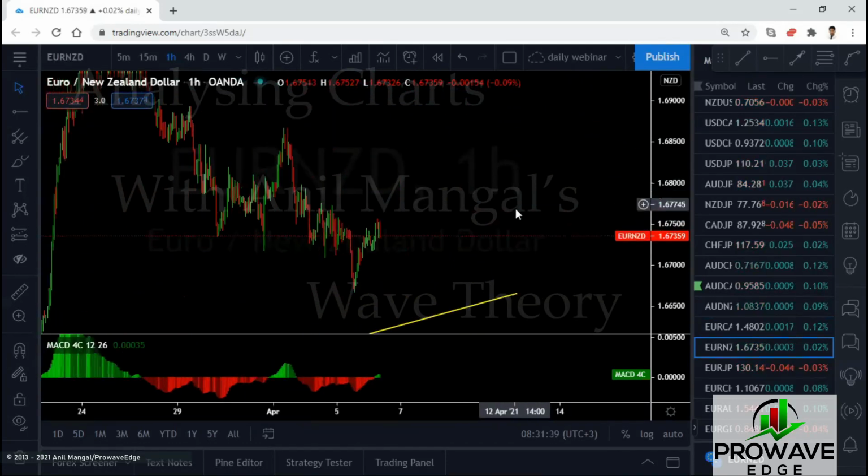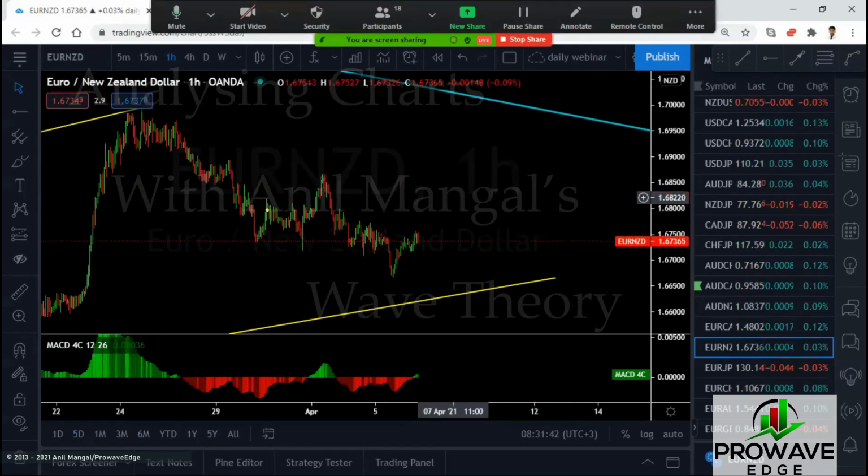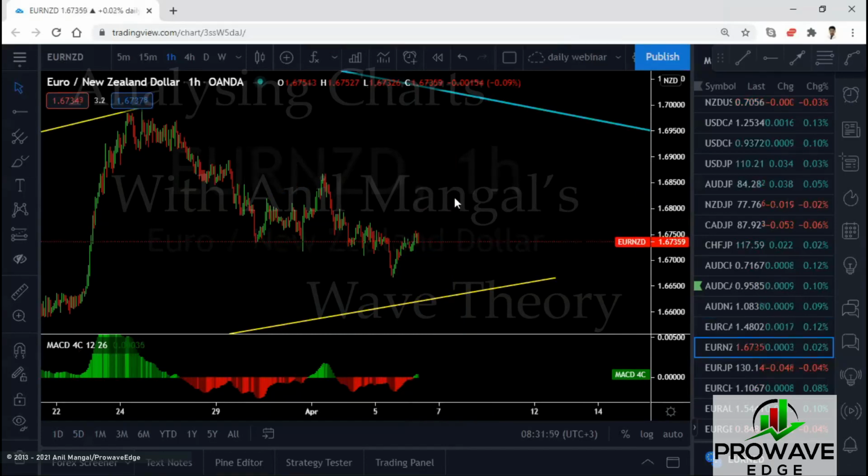Let's see if we can. It might be okay already, depending on how you look at it. You could look at this as an expanding flat by itself. That is a separate expanding flat. If that is the case, then this one here will make a flat of its own, something like that, and then the sell comes in. Not great when they make so many flats close to each other. It means we can make a new high. Right? When you see the pattern looks like this,